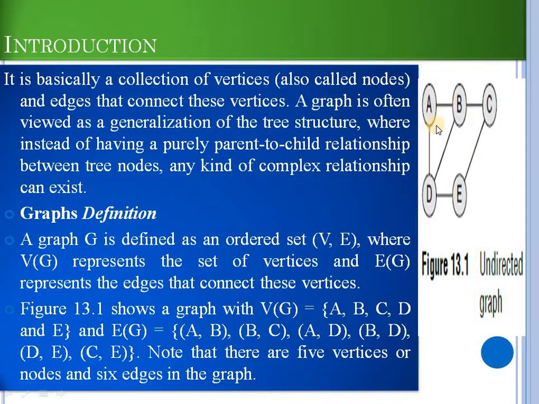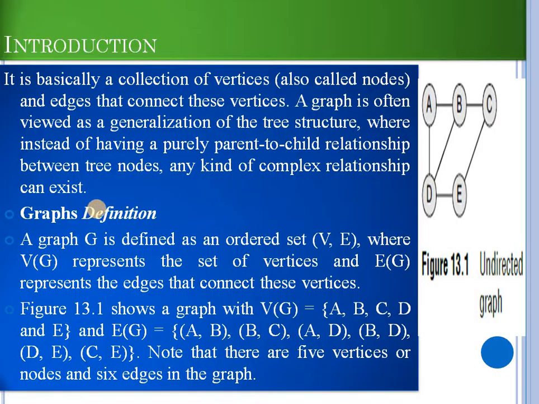Cycle means closed paths. Here A to B, B to D, D to A. By these edges we have a closed path here. Also we have another closed path here. So we can say a cycle is created. Also if a C to C edge is there, then also a cycle is present. So in a tree there is no cycle, and in a graph a cycle may or may not exist. Basically a graph is a collection of vertices and edges.